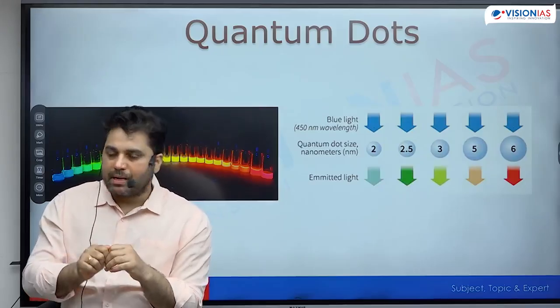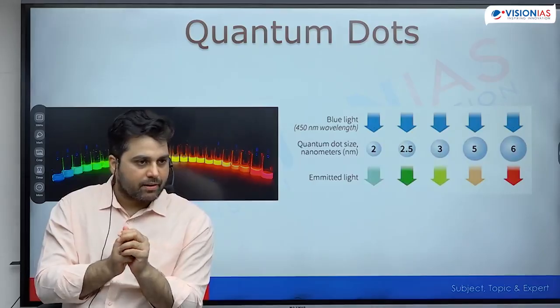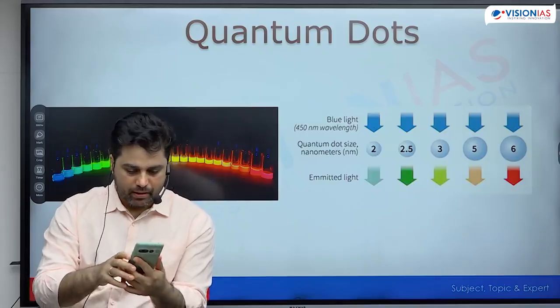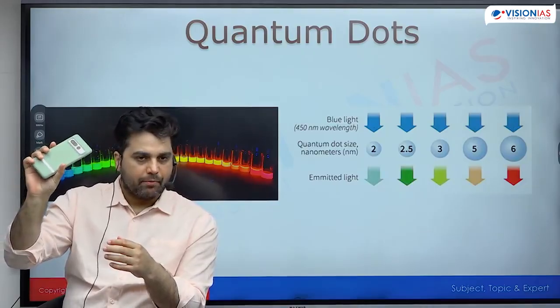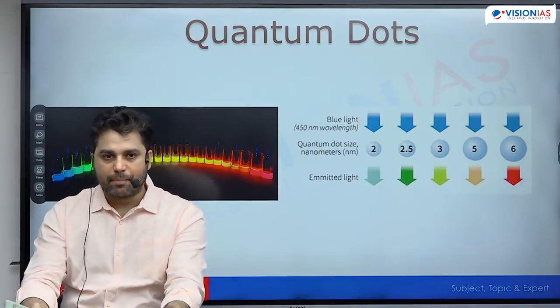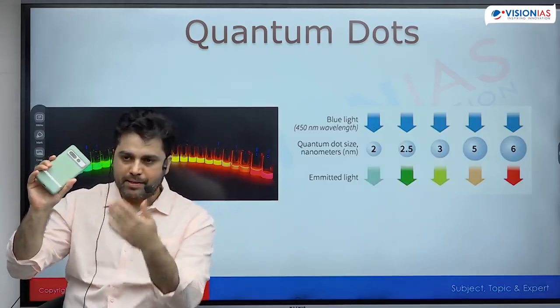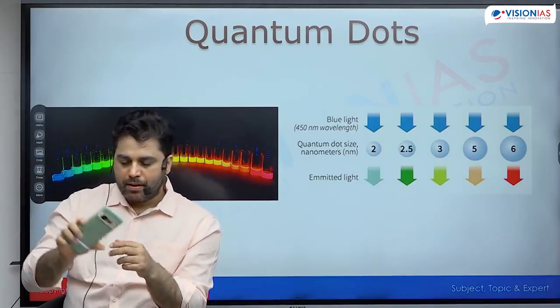But these are very simple applications. Some of the most sophisticated applications of nanotechnology in electronics is, again, I will go back to this mobile phone. This mobile phone as of now is essentially a computer. Whatever software I can install on this laptop, I can find an app. In fact, I can find more number of apps than the number of softwares which are available on my laptop.